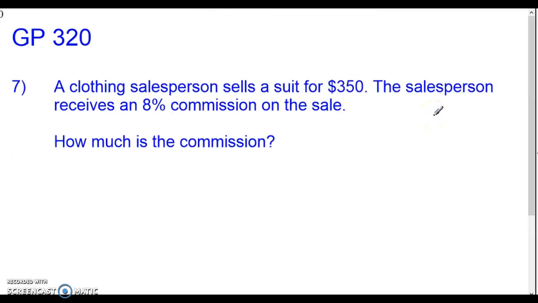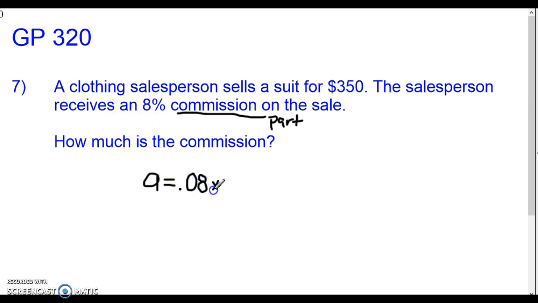Okay, so here is another one. A clothing salesperson sells a suit for $350. The salesperson receives an 8% commission on the sale. How much is the commission? So we can do what we did in the last problem, and we know that the commission, that word right there, is a part of the whole. So they sold the suit for the whole of $350. So A equals, I need to write 8% as a decimal, so I'd move the decimal 1, 2. So 0.08